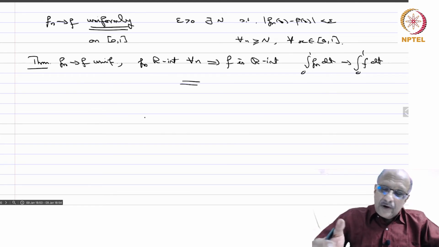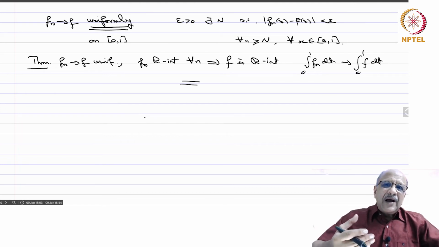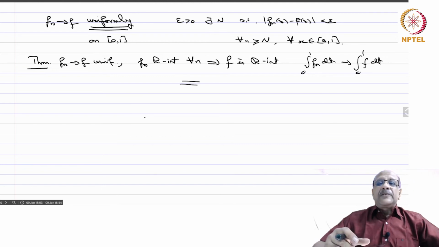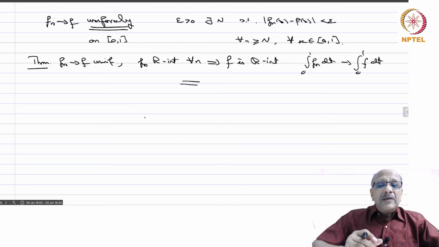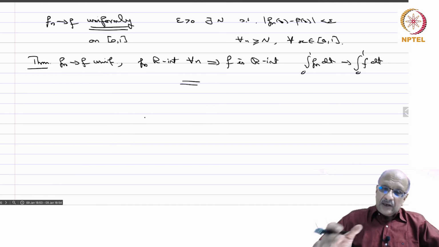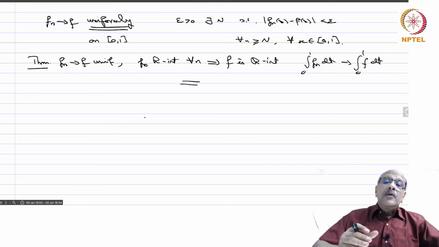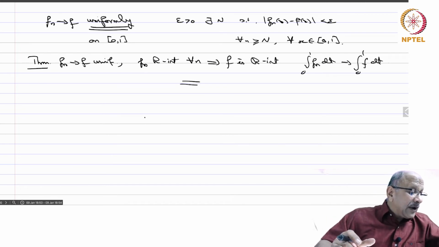Okay, so we want to know if you have a theory of integration where more functions become integrable, not just for the fun of generalization, because we would like, under reasonable hypotheses, that limits of integrable functions are integrable, and also that the integral of the limit is equal to the limit of the integrals. So these are the properties which we would like to know.